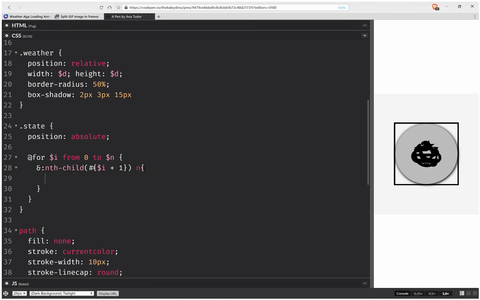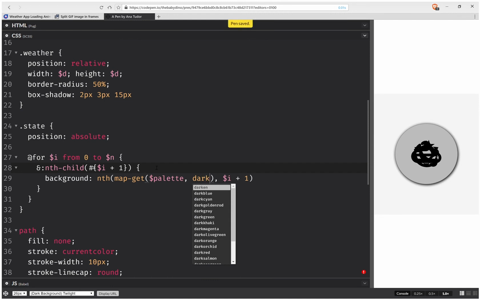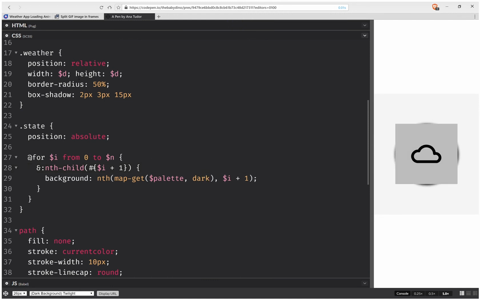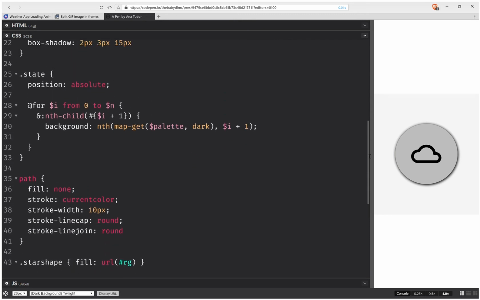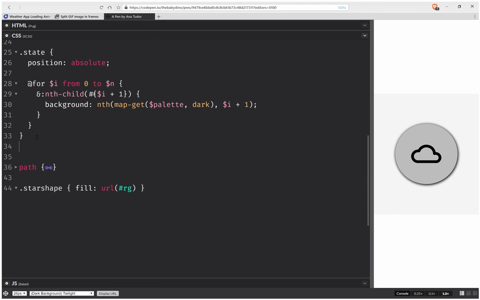and this is going to be background, and it's going to be nth i plus 1, this is the index, so the list is going to be map get. So this is it, and here I'm also going to set overflow hidden. Okay, so this works nicely here, and now I'm going to set an animation which is going to be an order